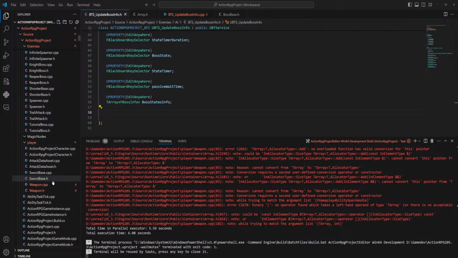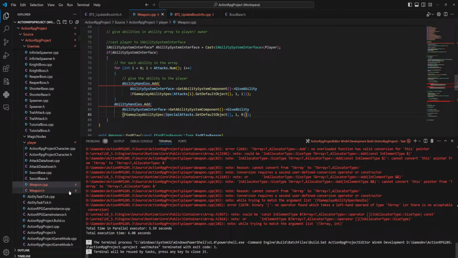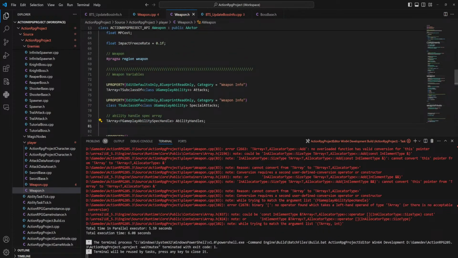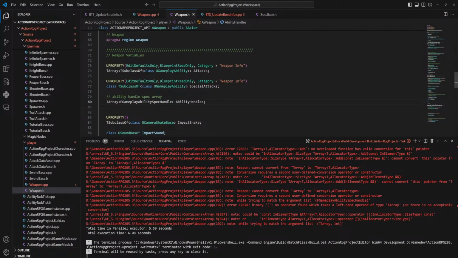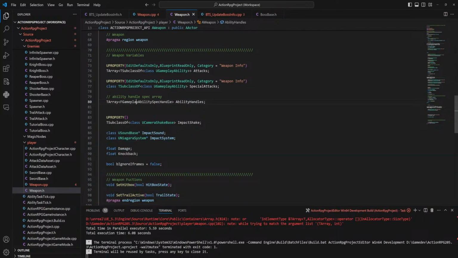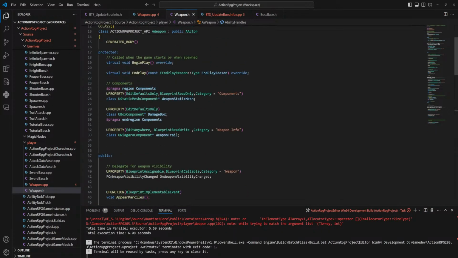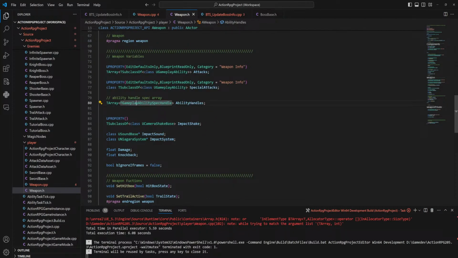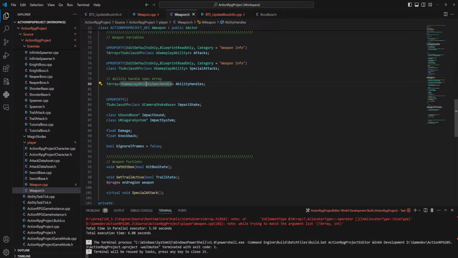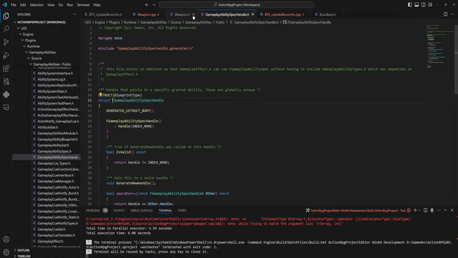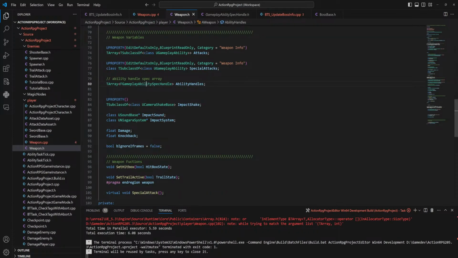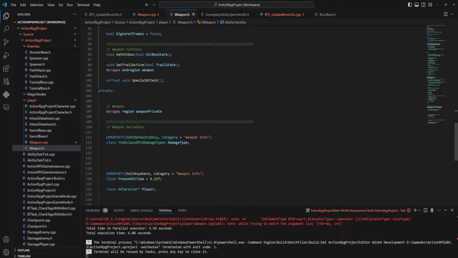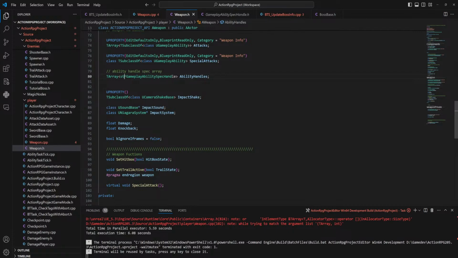Where did I put my player stuff? Gameplay ability spec handle. I might have actually not included that. Yeah, I don't think I have that here, so that does make sense. But why then does it actually find this? Okay, fair is fair, I don't have that included here.